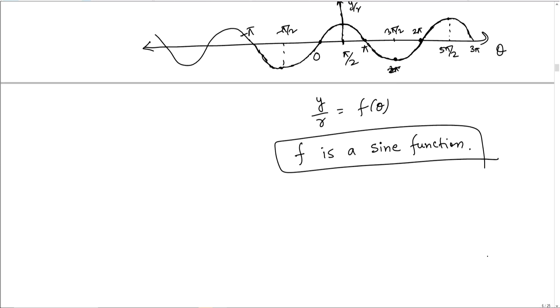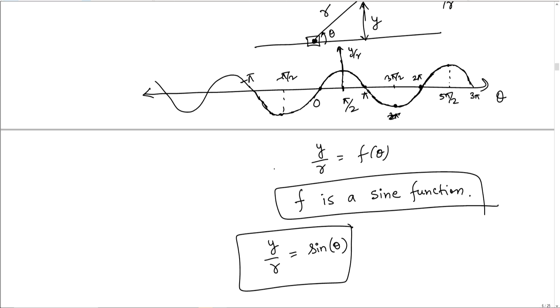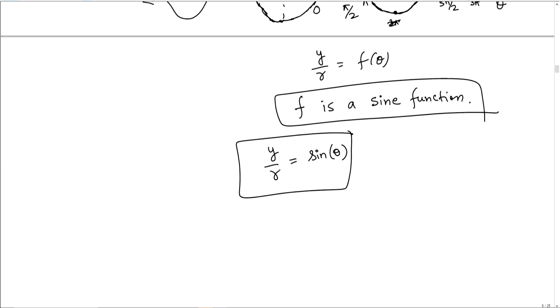Okay. So, in another way you can write y by r equals sine theta. I replaced f by sine, that is the name of this function, the function that behaves in this way. It is a periodic function, it goes from minus 1 to 1, at 0 the value of the function is 0, at pi by 2 the function becomes maximum, and then it decreases and becomes minimum at 3 pi by 2. Such a periodic function is called a sine function,